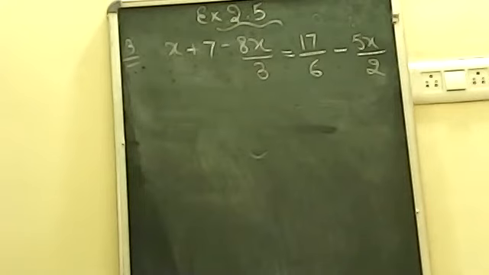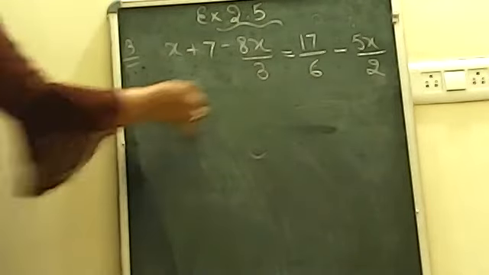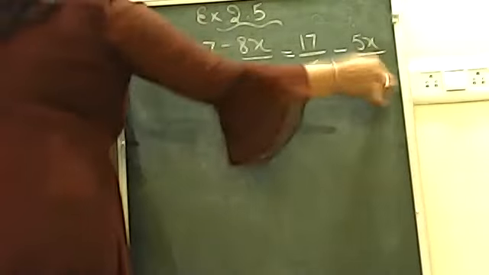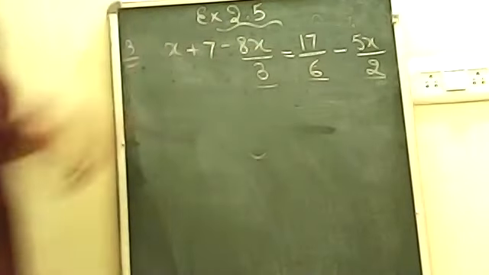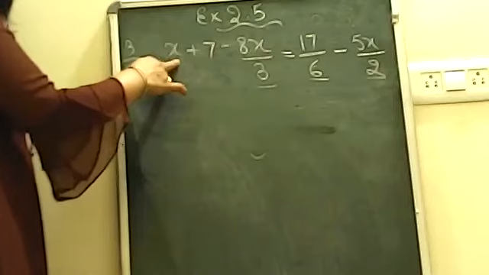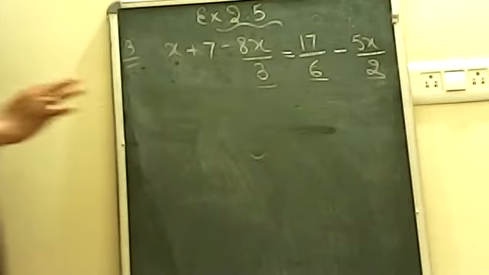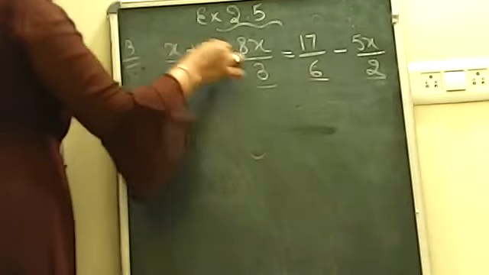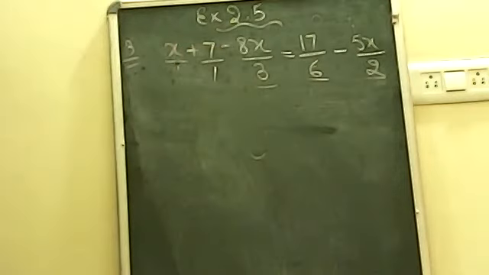So in this question, if you will see, it is written in the form of fraction. This is also written in the form of fraction. This is also written in the form of fraction. But this number is not written in the form of fraction. The first step which we are going to do is, we'll write it down like this, okay, so that everything looks the same. And the next thing which I will do is, I'll take